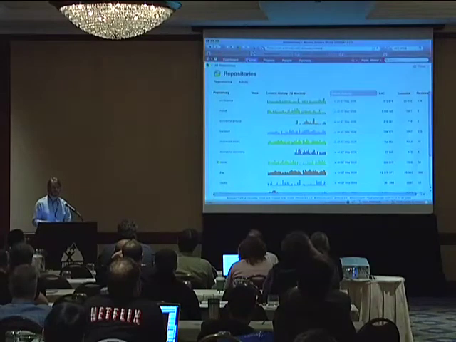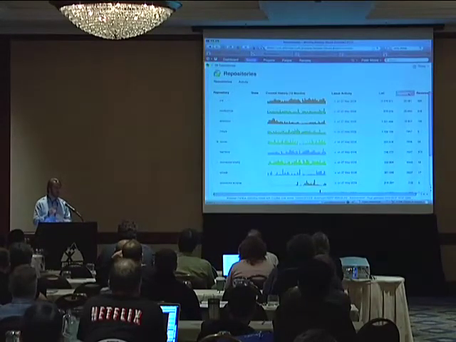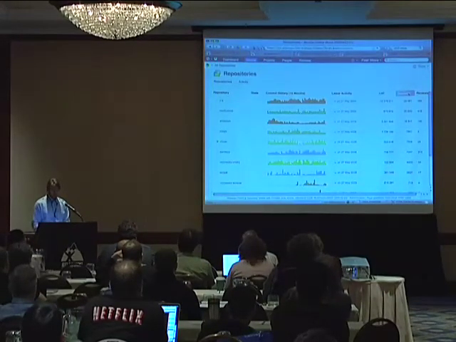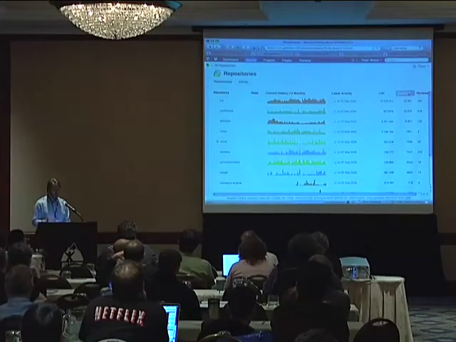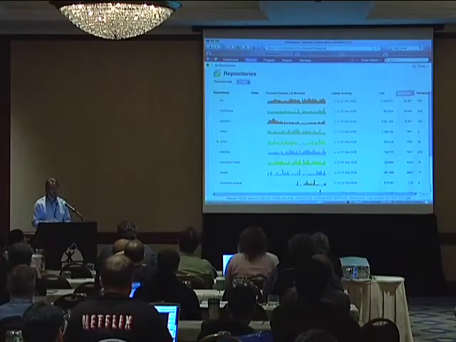So if you've got a bucket load of repositories, you can see which ones are active. And those colors actually match up with the colors on the user chart, so you can get a sense of that. We're still working on the colors. And that's sortable just like everything else.